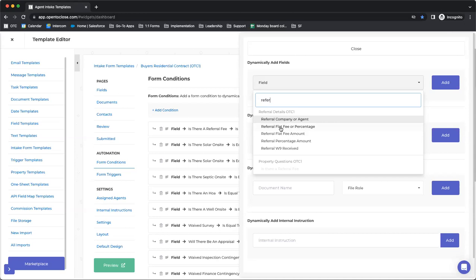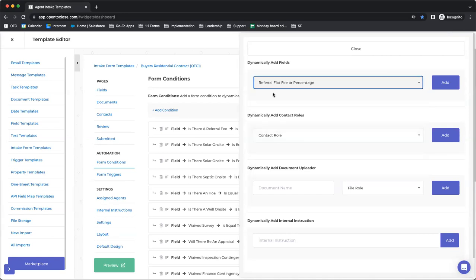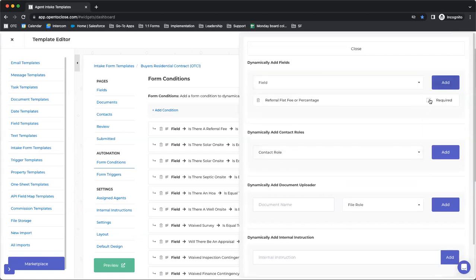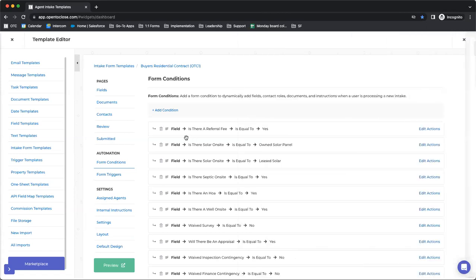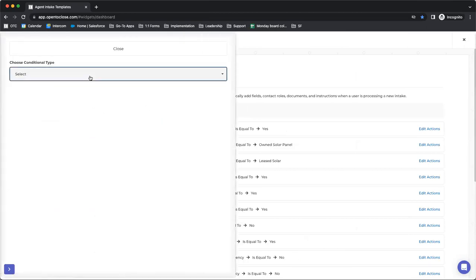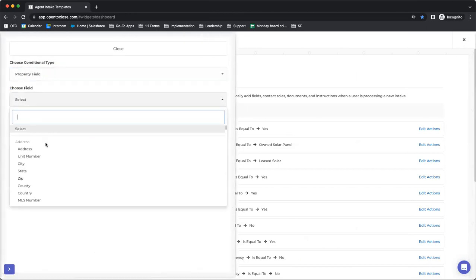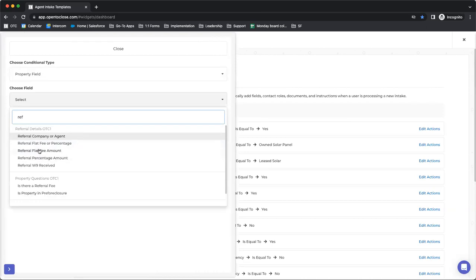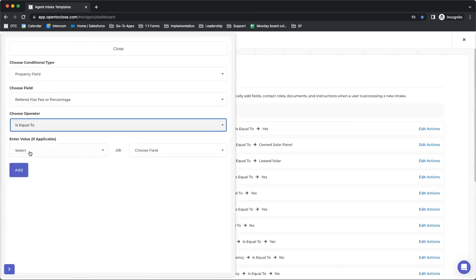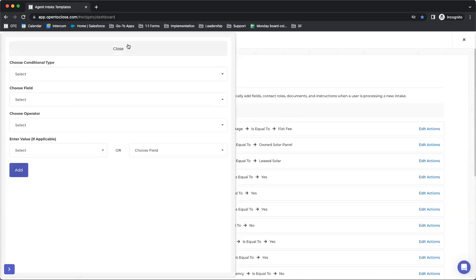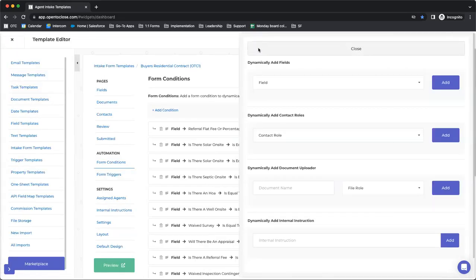Now, I could go a couple layers deep with this. Normally with some of our intake forms, I may have a couple of form conditions where I can say, okay, if there is a referral fee, is it a flat fee or is it a percentage? Now, you don't have to go this layer deep, but I personally like to. So then I would have this question being asked, is there a referral flat fee percentage? I would do another condition, and then in this case, I would find that field. If I say yes to flat fee, then I'm going to bring in,